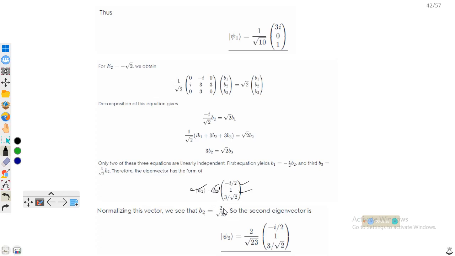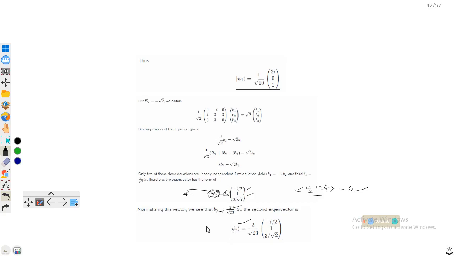We see that b2 is equal to this, because we can normalize this psi 2, and the norm of psi 2 should be equal to 1. So we are given the ket psi. If we take its bra and multiply with the ket, it should be equal to 1. So this will give us the value of b2, and substituting this value of b2 in this will give us the state psi 2. Similarly,